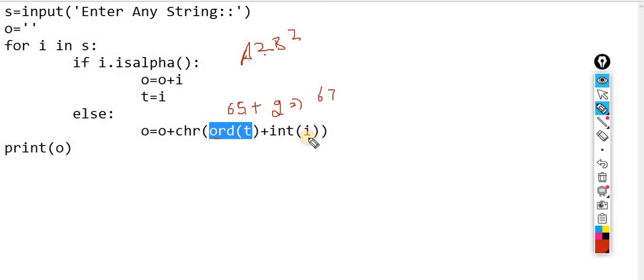This 67 I am converting into chr and concatenating into the output. 67 to chr gives C. In the previous one the output is A, so it becomes AC. In the next iteration the previous one is B, and the next value will be 2. So 66 plus 2 is 68, and chr of 68 gives D.